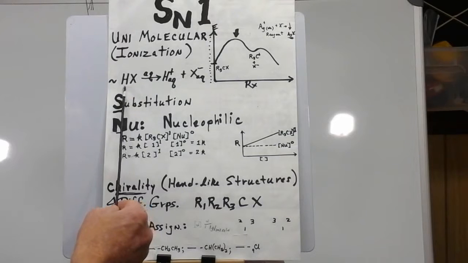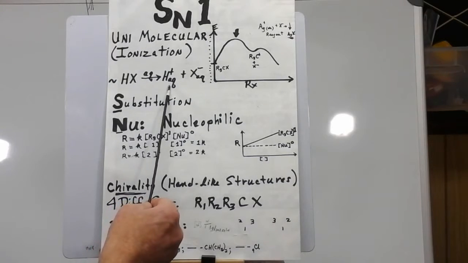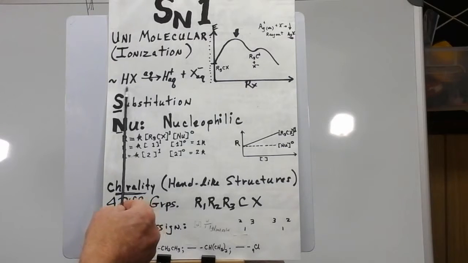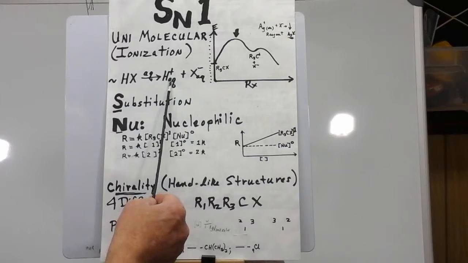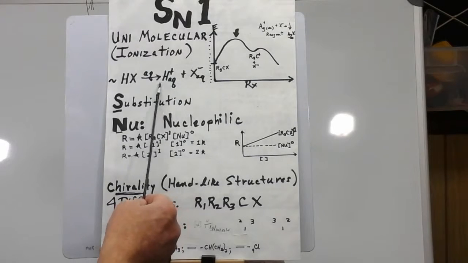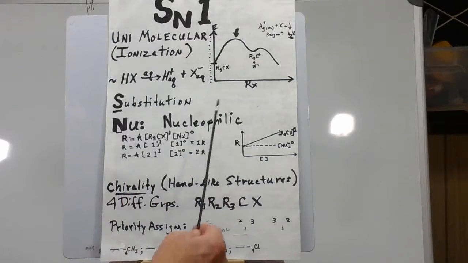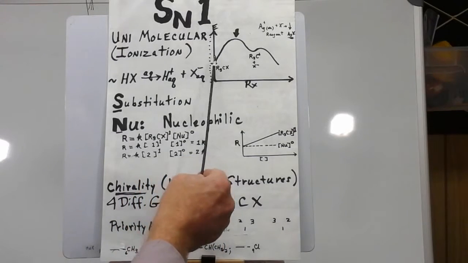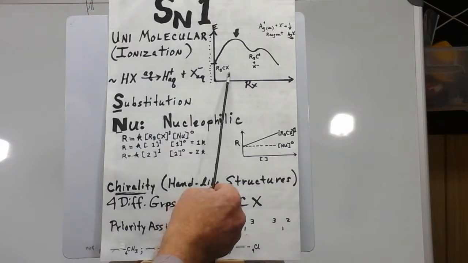But let's take something like hydrogen chloride. You put it in water. The water splits the species apart. You get X minus solvated, and you get H3O plus solvated. So this would be an ionization. This process is an ionization also. And what happens here is if you have appropriate solvent and a good leaving group, what we call a leaving group here,